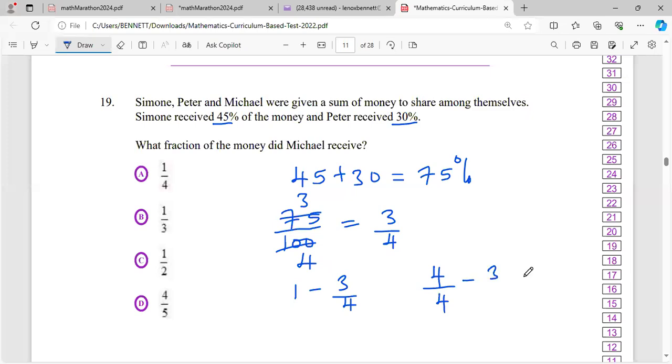And that would give us, when it's the same denominator, we keep the same denominator and we subtract. So 4 take away 3, 1. So that was A